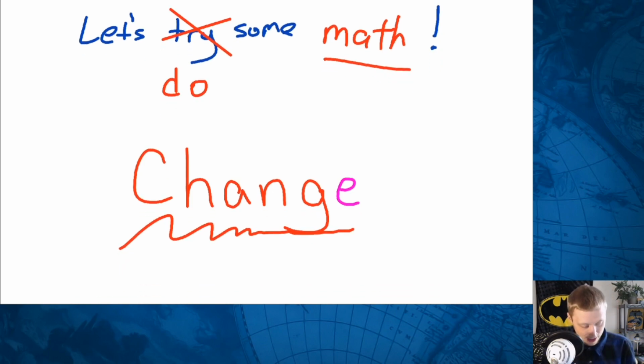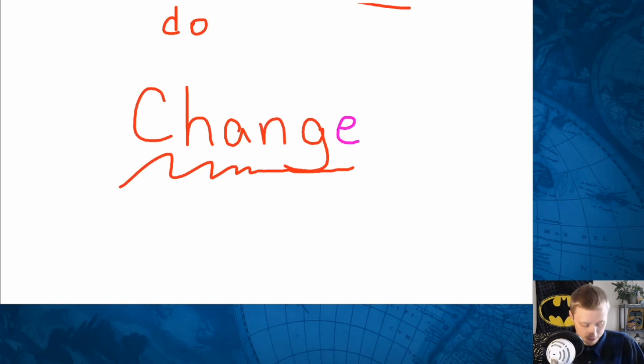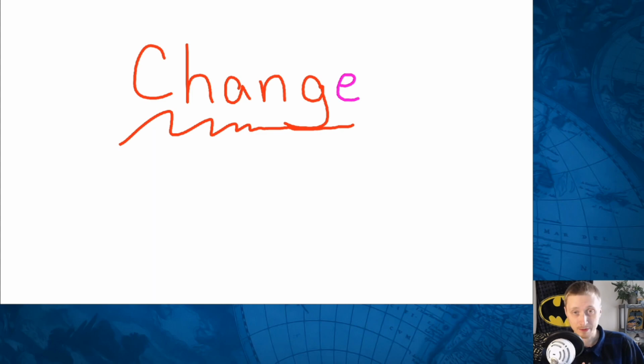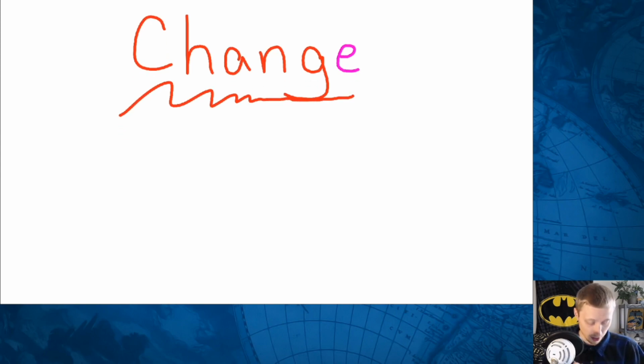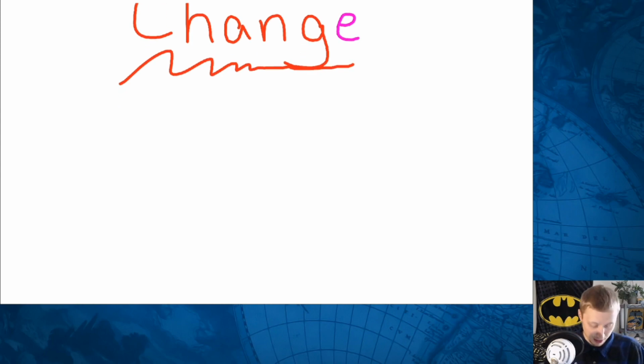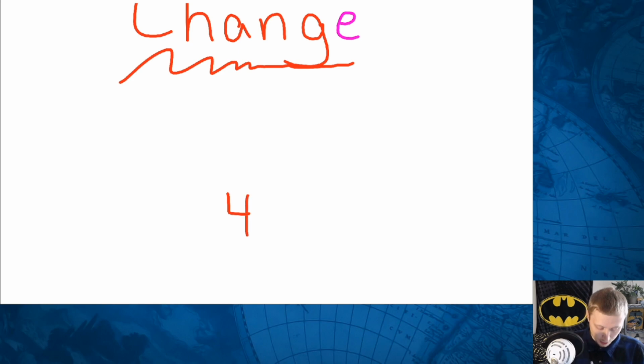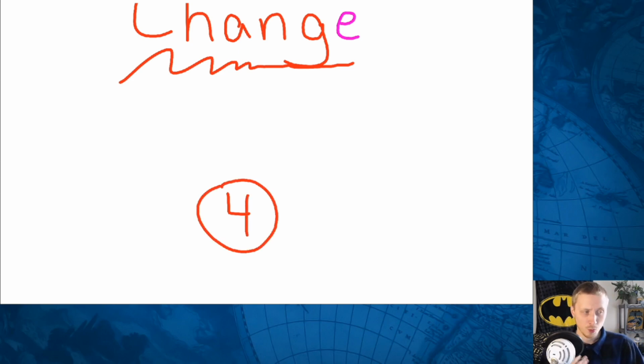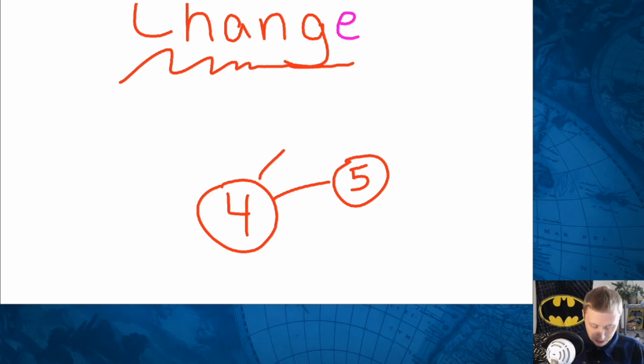Anyways, here's the deal. Life is just rough and not fair, but life changes. Nothing stays the same, and therefore math is the same way. It is not static at all, right? So when we think about math and numbers, and we say, hey, our good old buddy number 4, what's his deal? Well, sometimes he suddenly becomes a number 5. And sometimes he suddenly becomes a number 6. And you're like, oh shoot, what happened?